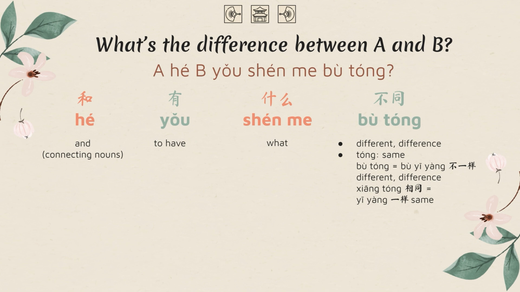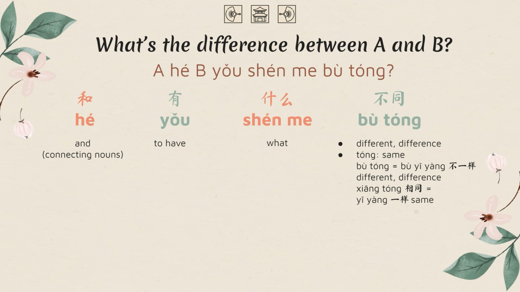不同和不一样有什么不同？ So here you could also say 不同和不一样有什么不一样？ Here's another example. 还是和或者有什么不同？ So what's the difference between 还是 and 或者？ So they both mean or, but 还是 is when you have